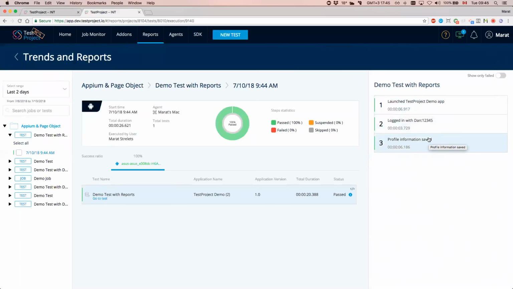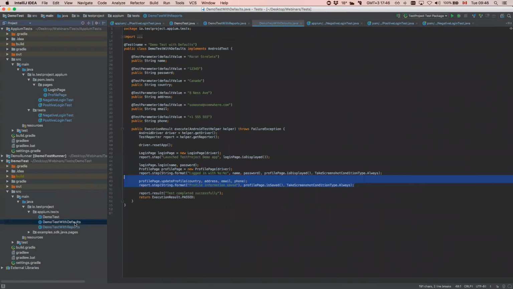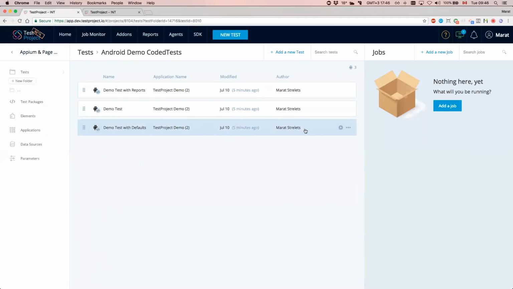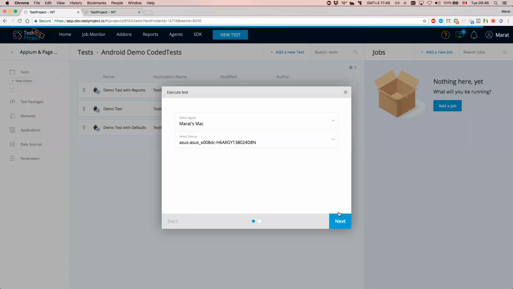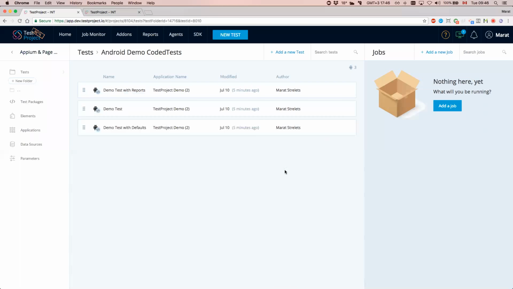To enhance it even more, and to provide the person who executes these tests with default values, we have this third test here, and we have this test parameter annotation with the default value. So when I will be executing this test, instead of providing the values myself, I can just leave the default values that appear here because they were configured in the code. But as I was saying, I would like to create an external data source that we will use in order to execute this test. And in order to do so,